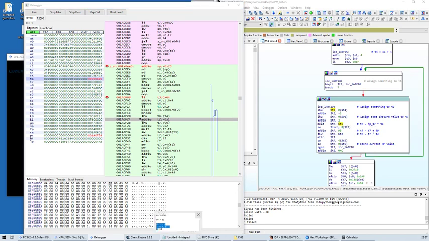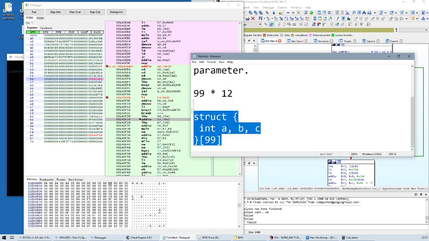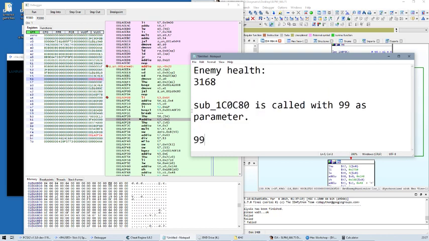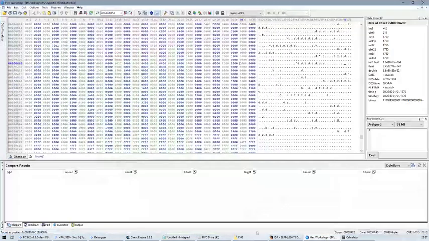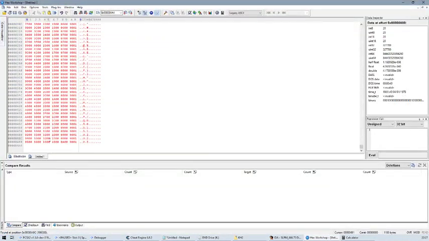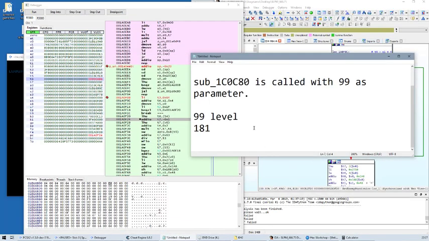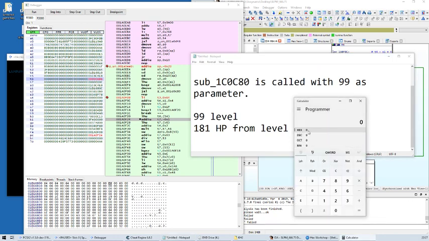we discovered some kind of logic where we say that 99 is the level. Then from the level it is extracting, let's go here again, at the bottom, it is extracting the first value, which is B5. B5 in decimal is 181. So this is the HP from level. And then we have 6D6. 6D6 in decimal is 1750. We are multiplying,